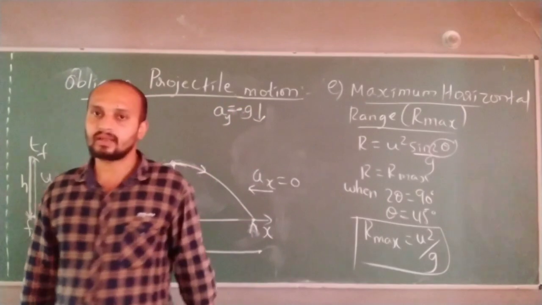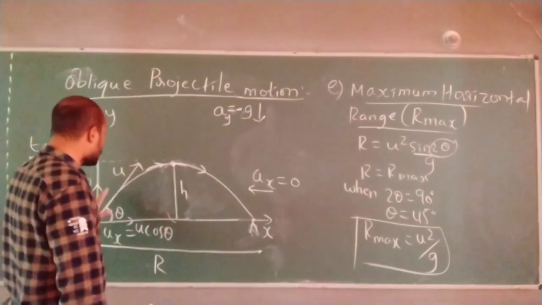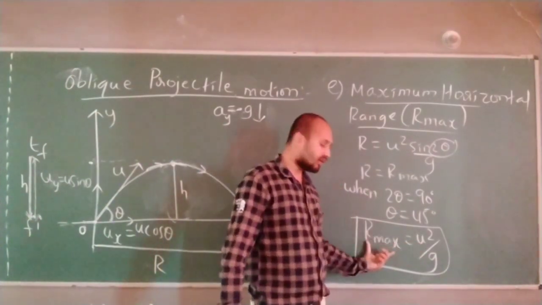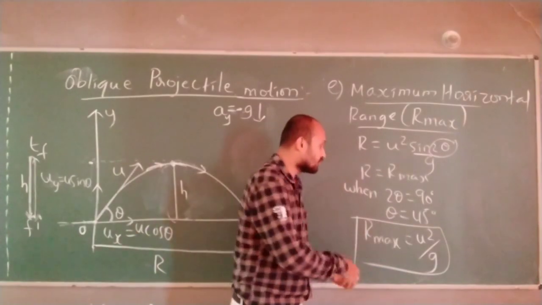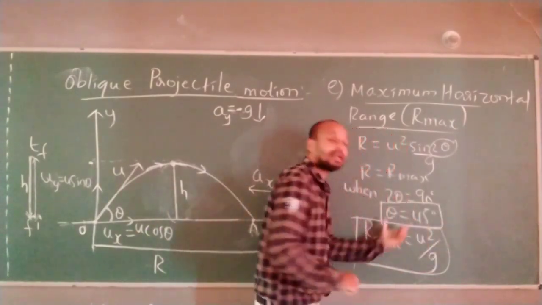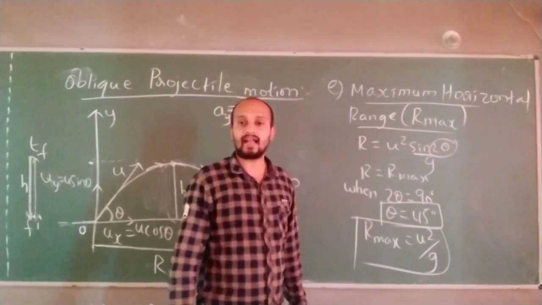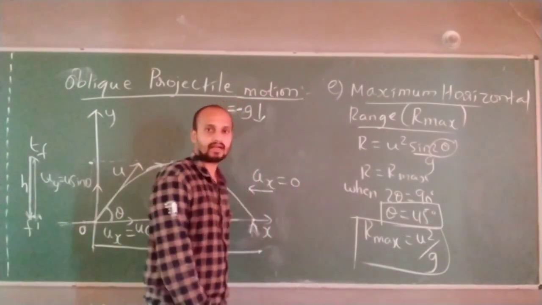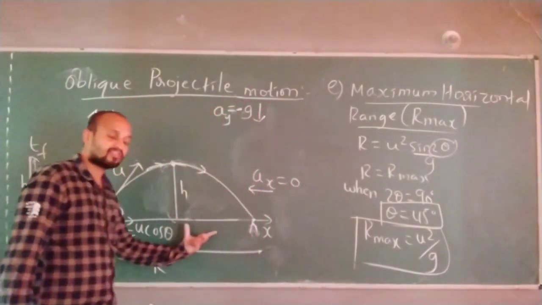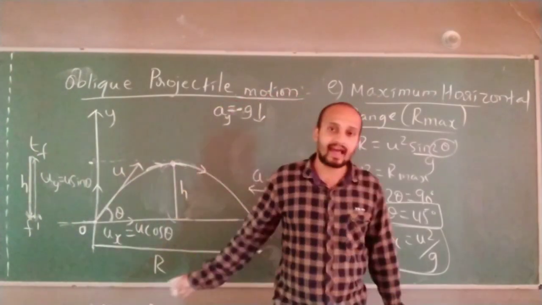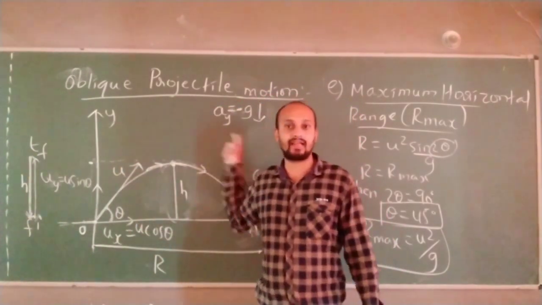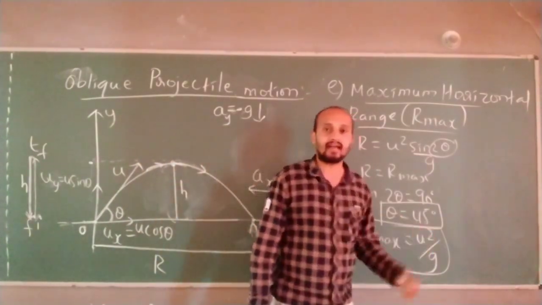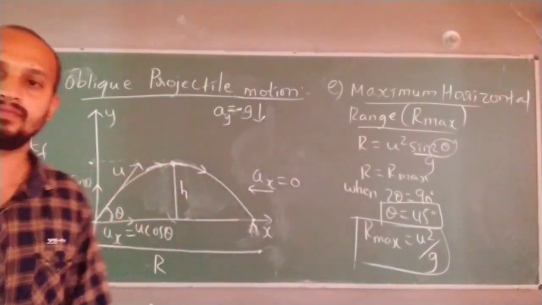Are you understanding? The maximum horizontal range for a particular initial velocity, whatever the body you are throwing, you can find when you throw an object at an angle of 45 degrees. Range means maximum distance or displacement traveled along its axis. For different theta angles, you will have different ranges, and the horizontal range is maximum when theta is equal to 45 degrees.